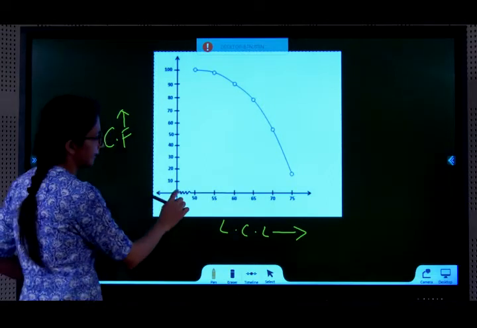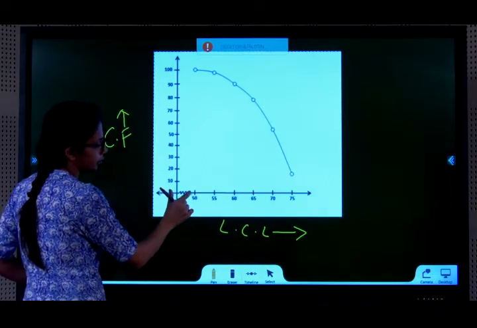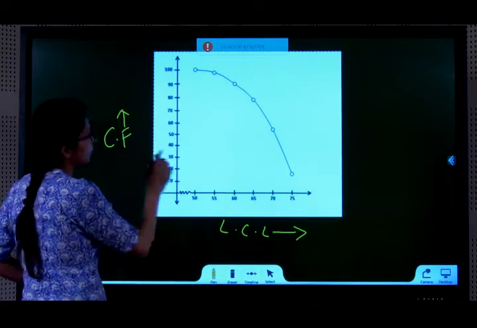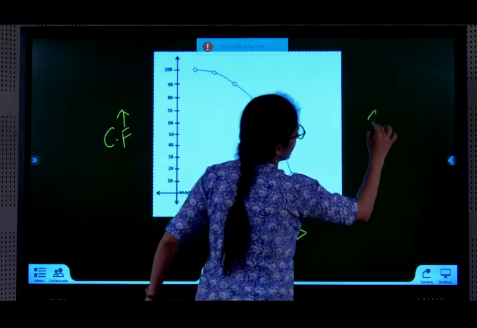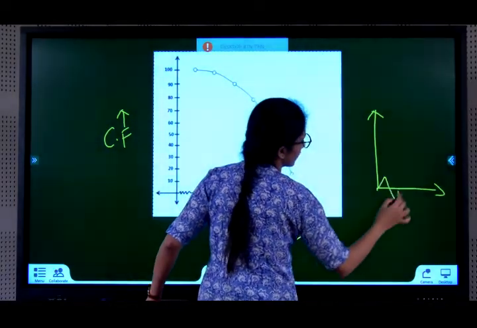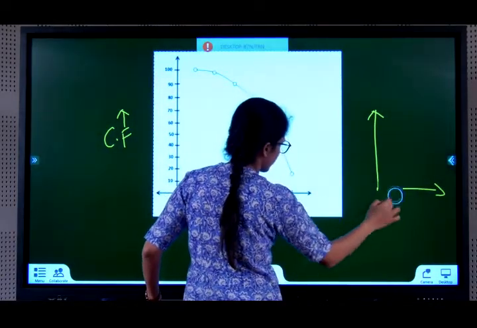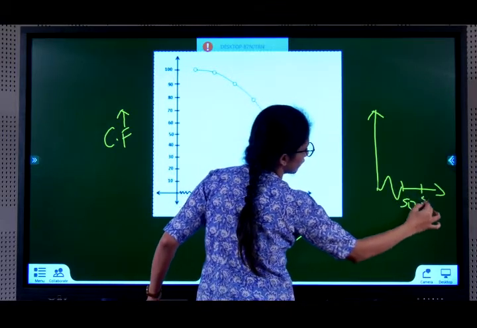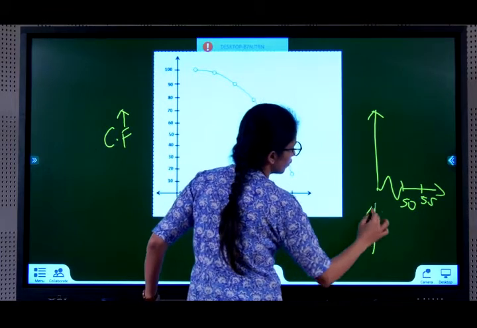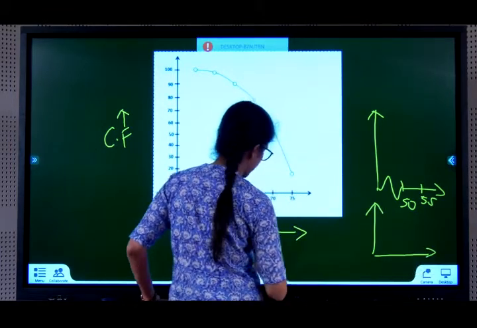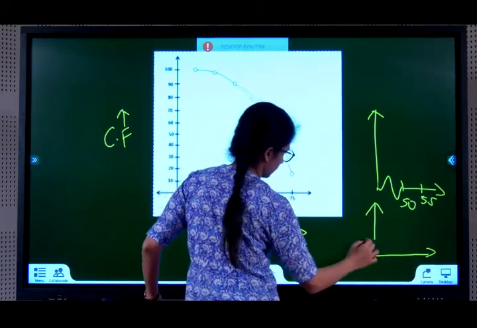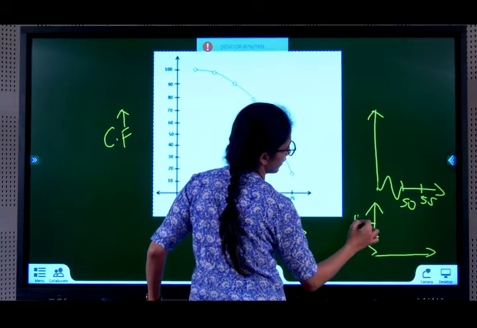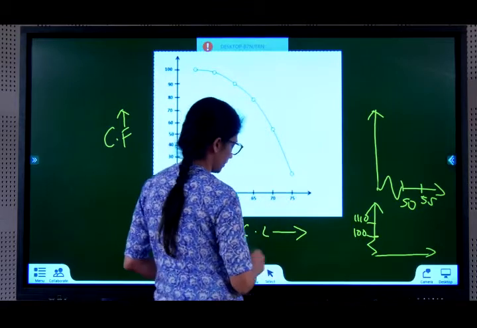So you use a kink sign here to show that you have removed that part and you're directly starting from 50. I hope you all know how to use the kink sign. So you can just use it like this. Erase this first block, put a kink and start 50, 55 and so on. You can also use the kink on the y-axis and you can directly start from whichever number, 100, 110, depending on whatever your question is.